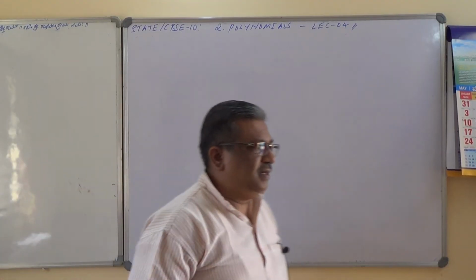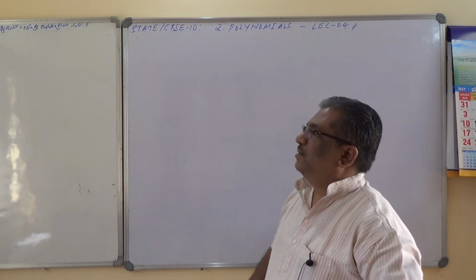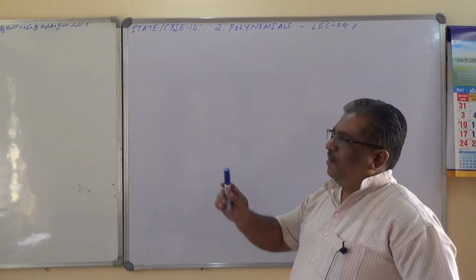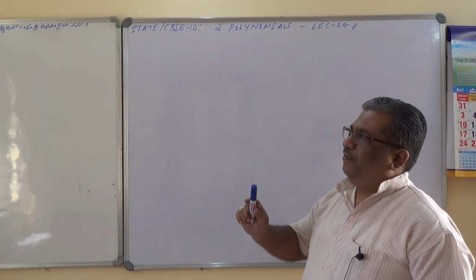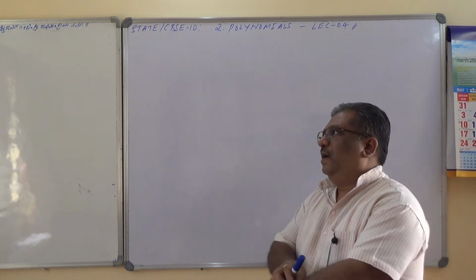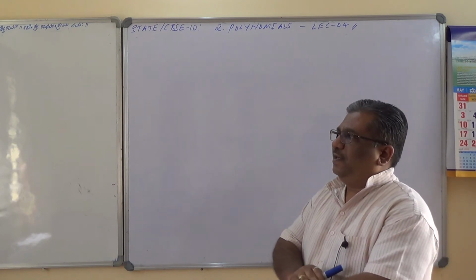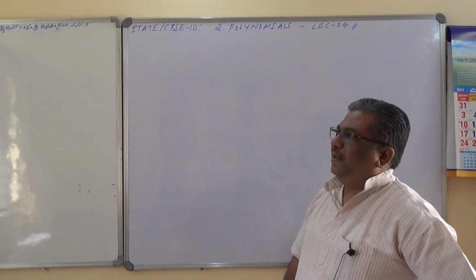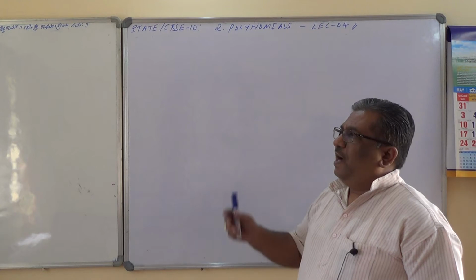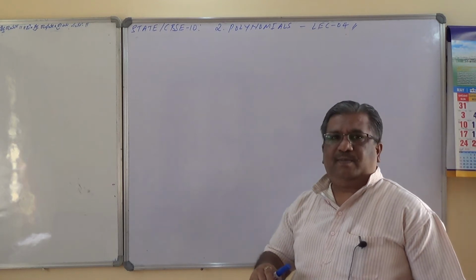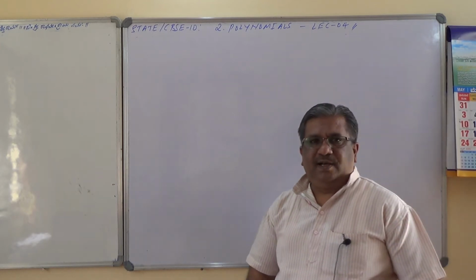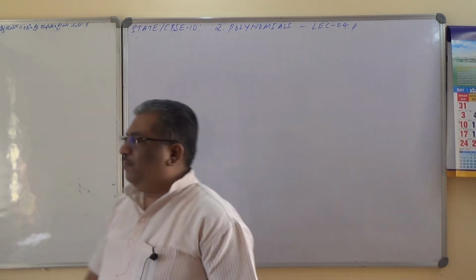Let us take the next numerical. It goes like this. In CRT, find a cubic polynomial with the sum of products of its zeros taken 2 at a time and product of its zeros as 2, minus 7, minus 14 respectively. You have to find the cubic polynomial. What is given to you? Alpha plus beta plus gamma is given. Alpha beta plus beta gamma plus gamma alpha is given. Then alpha into beta into gamma is given to you. Is it right? And then we have to form the cubic polynomial, which is quite simple.